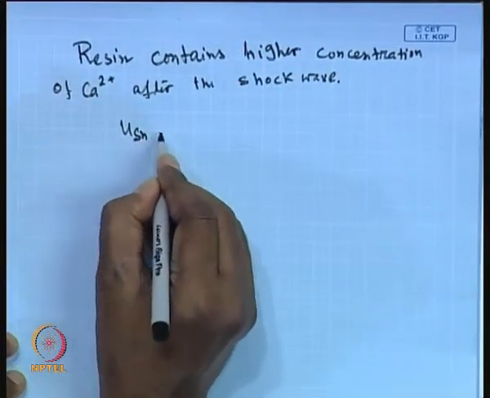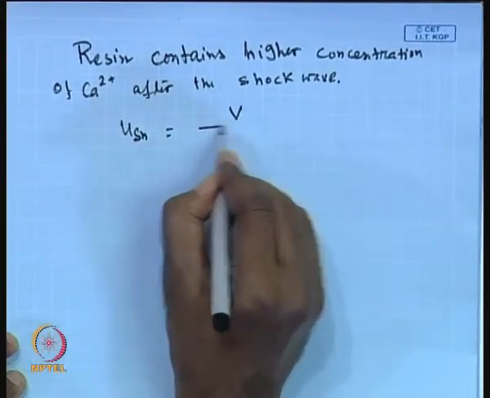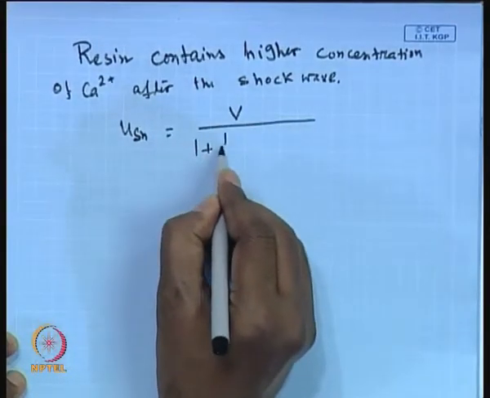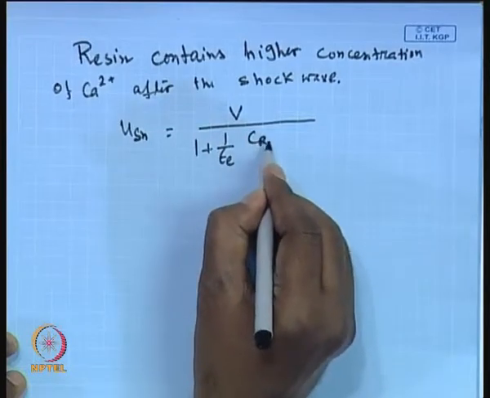Now, you can get the value velocity divided by 1 plus 1 over epsilon E CRT